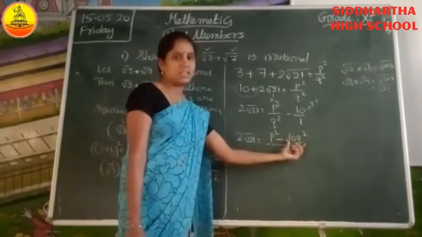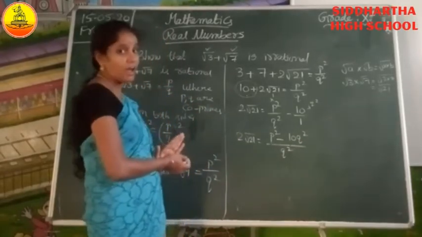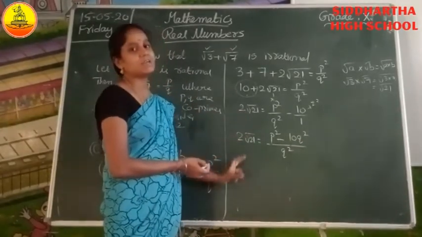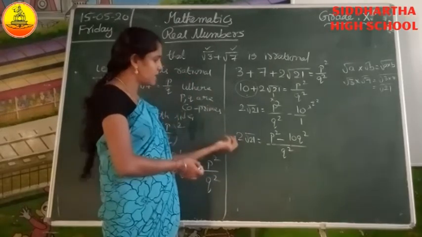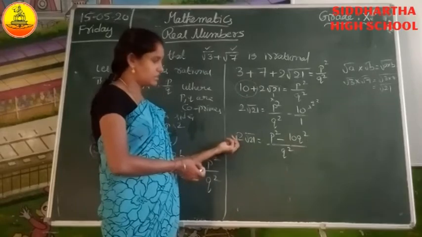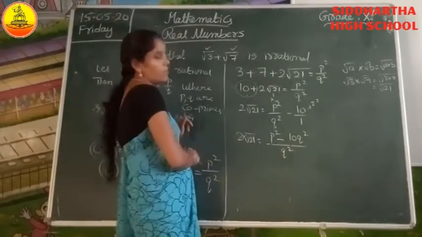Different variables are there, so we cannot subtract. Now this is what we have to show last. Only one irrational number should be there. That means under root only one number should be present. But here 2 is there. These two also we have to shift to that side. This is 2 into root 21.